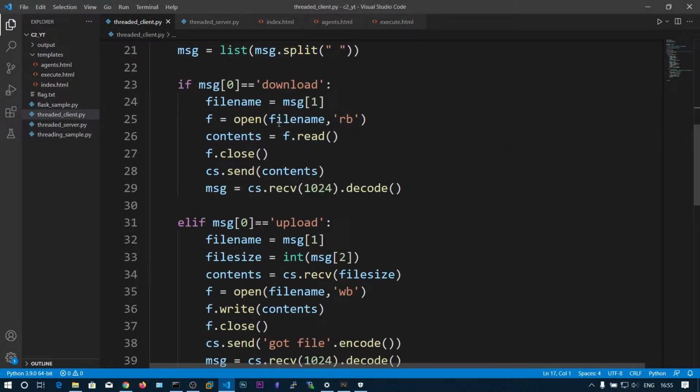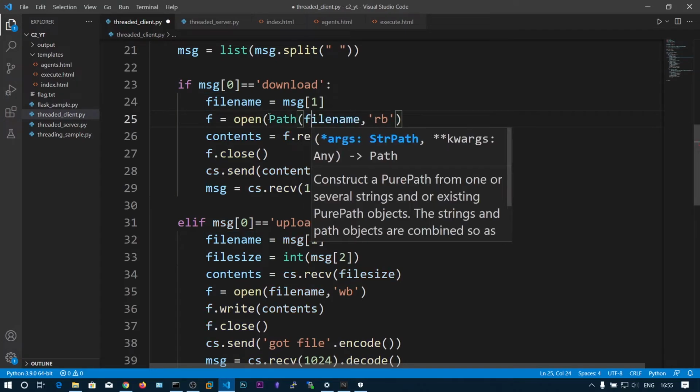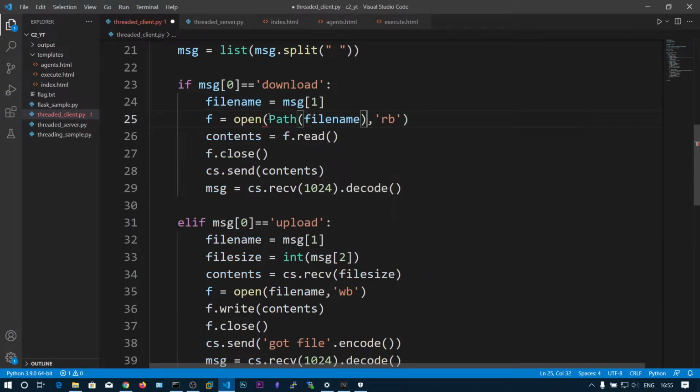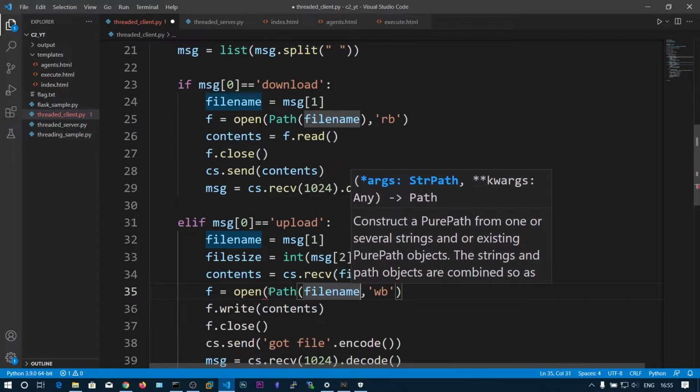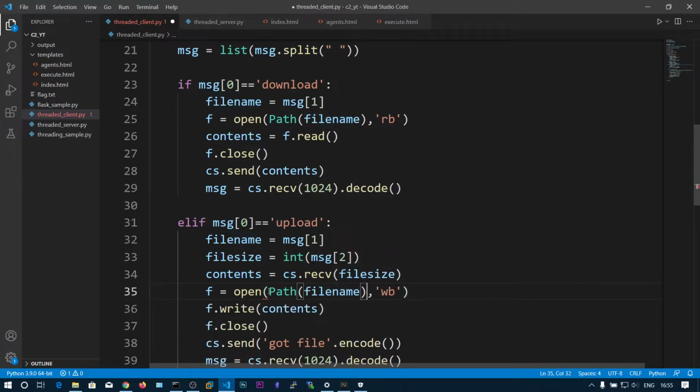So we are going to use Path of file name. So this should do fine.